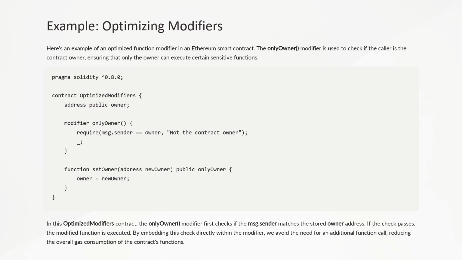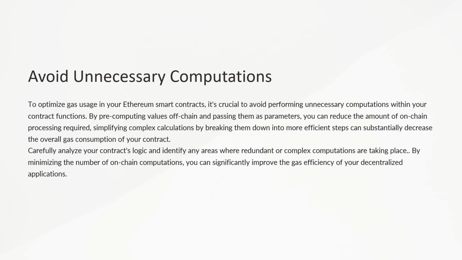By embedding the ownership check directly within the modifier, unnecessary function calls are avoided, leading to improved gas efficiency in the contract functions. To optimize gas usage in your Ethereum smart contract, it's crucial to avoid performing unnecessary computations within your contract function. By pre-computing values off-chain and passing them as parameters, you can reduce the amount of on-chain processing required. Simplifying complex calculations by breaking them down into more efficient steps can substantially decrease the overall gas consumption of